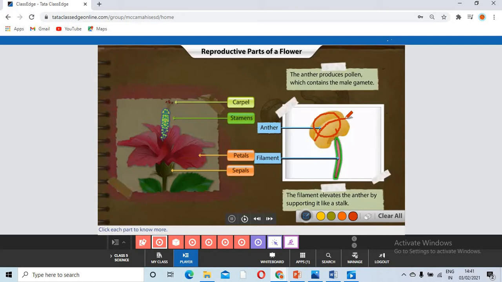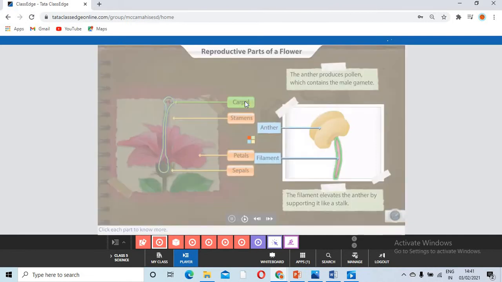Okay, so the anther will contain the pollen grains, which are the male cells. They will be transferred to another flower and introduced into it, and they will fuse with the female cells to form the reproductive part or the seeds, and then they form the fruit. Okay, next we will move on to the next one,